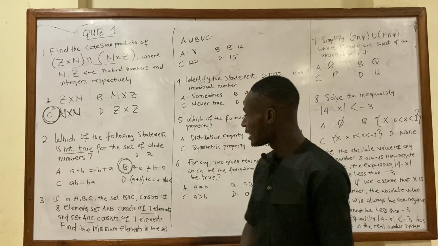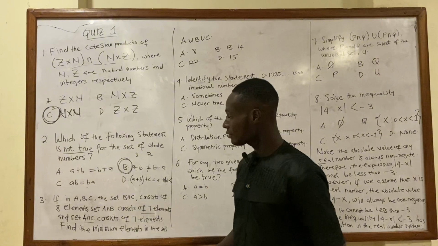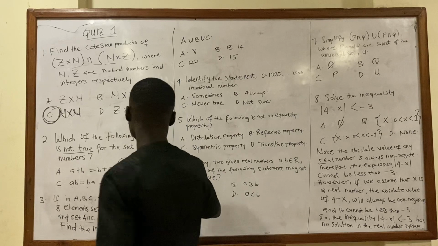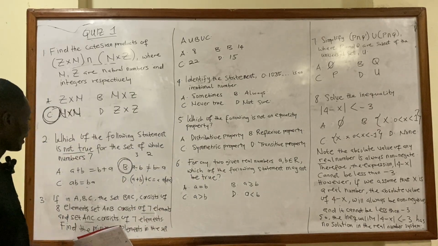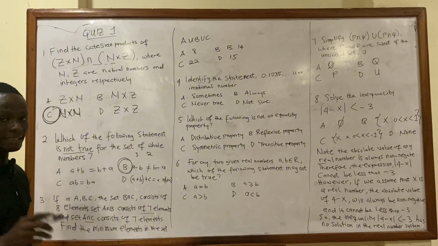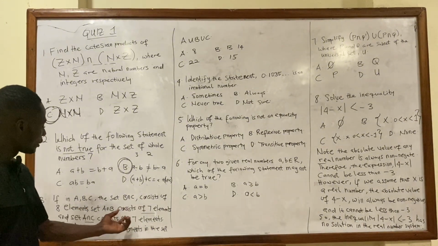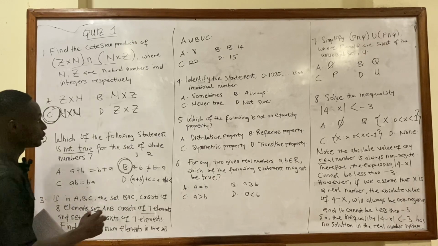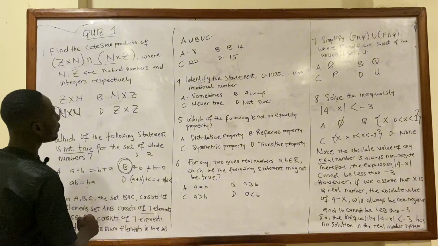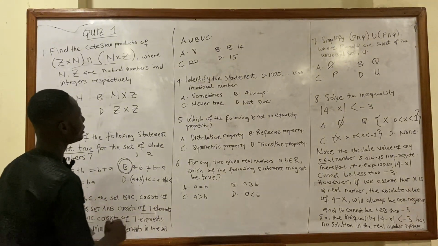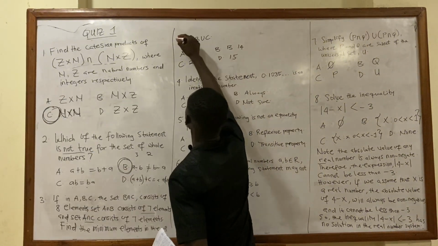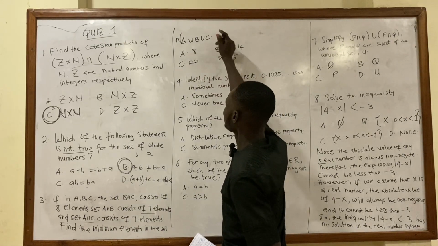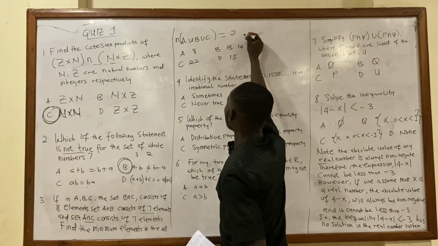All right, so our intersection is 7. Our intersection for all the 3 elements is 7. And we have A intersection B to be 7. So if the intersection is 7, when you subtract 7 minus 7, you get 0. All right, so our union will now be A union B union C, which will be equal to 0 plus